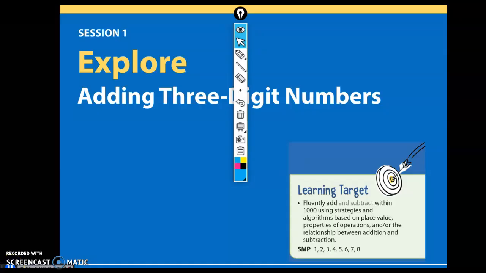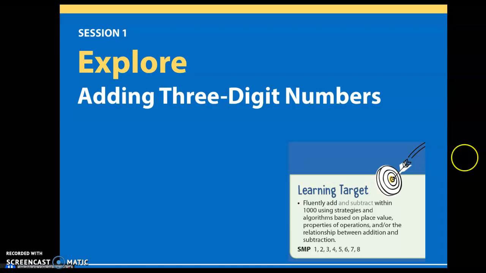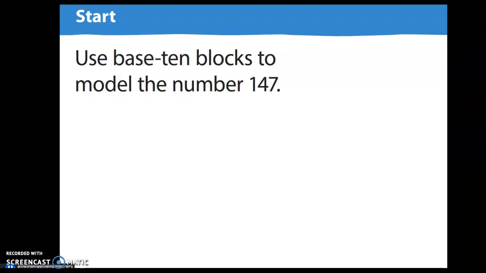So we're going to explore. And we're adding 3-digit numbers. So yeah, we're adding 3-digit numbers. So look, use base 10 blocks to model the number 147. Okay, that means,